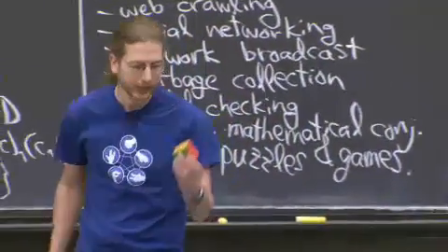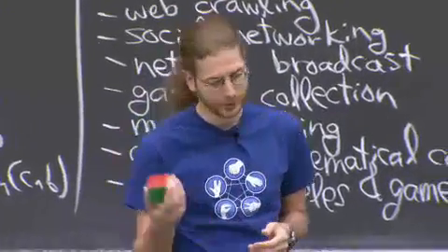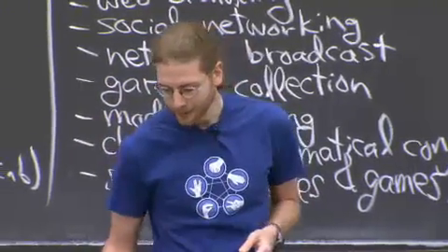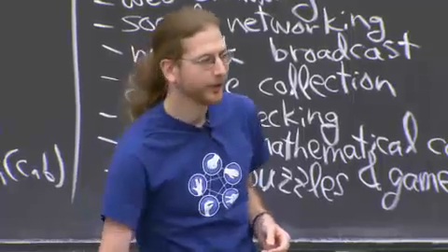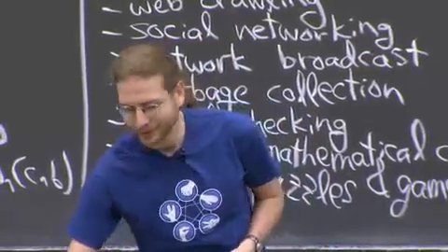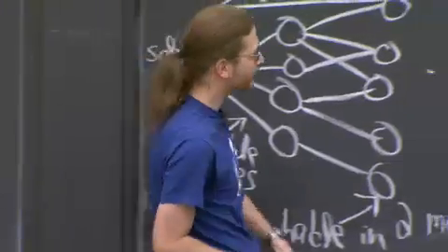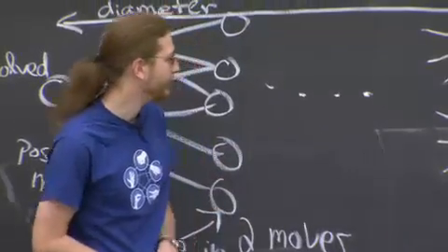For 3 by 3 by 3, the answer is 20. That was just proved last summer with a couple years of computer time. For 4 by 4 by 4, I don't have one here. I think we'll never know the answer. For 5 by 5 by 5, we'll never know the answer. For 6, for 7, same deal. But for 2 by 2 by 2, you can compute it. You will compute it on your problem set.